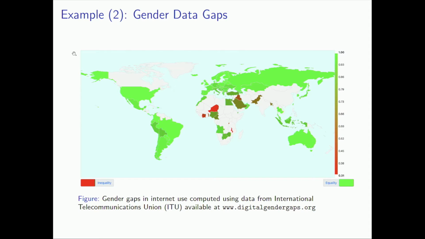Another example, again to come back to digitalgendergaps.org: here we see survey data that's available from the International Telecommunications Union for different parts of the world. We did an exhaustive search, as part of the project, for the best available surveys that let us measure digital connectivity by gender across different countries. And we found significant data gaps in being able to measure this indicator, because a lot of Africa, as well as South Asia, just didn't have a very recently available survey